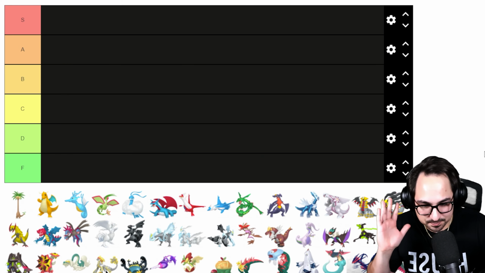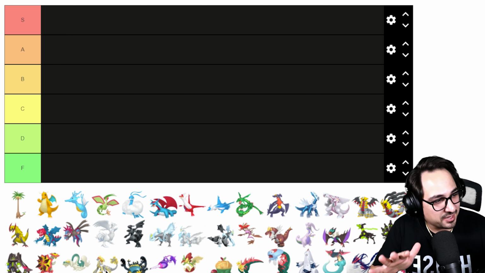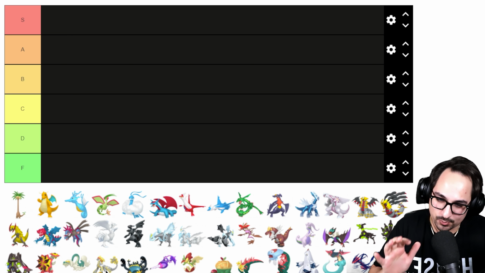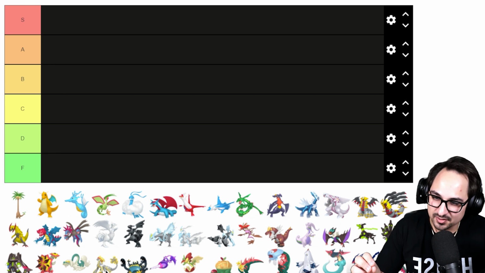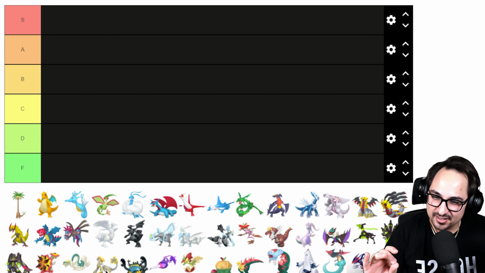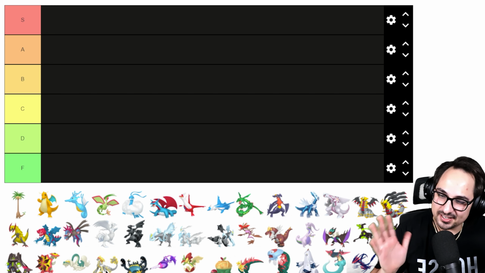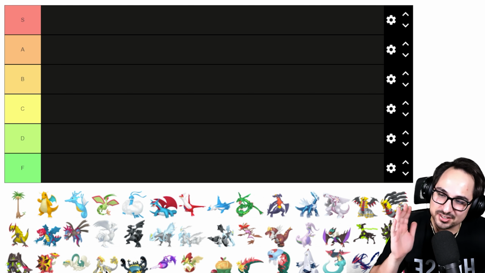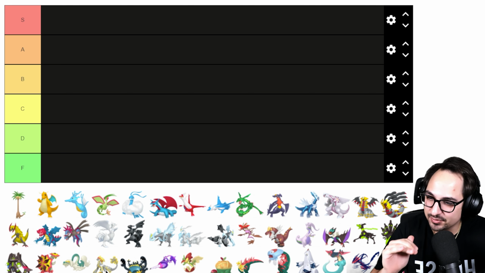So I feel like we should start off with making a baseline here. Let's pick one of these dragons that we know are S tier. And let's pick one of these dragons that we know are F tier. That way, we kind of know what the range is looking like. So if we're going to go ahead and pick an S tier dragon, looking at every single one of these dragons,